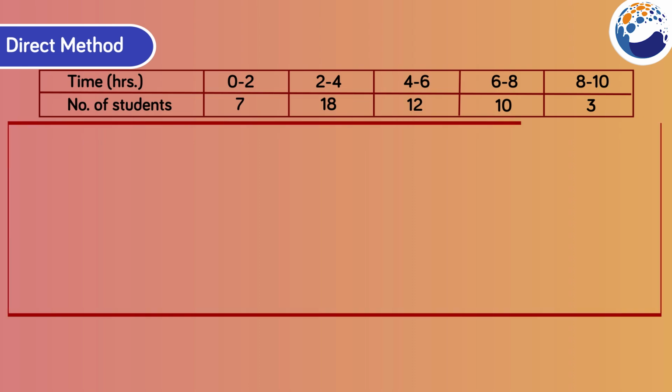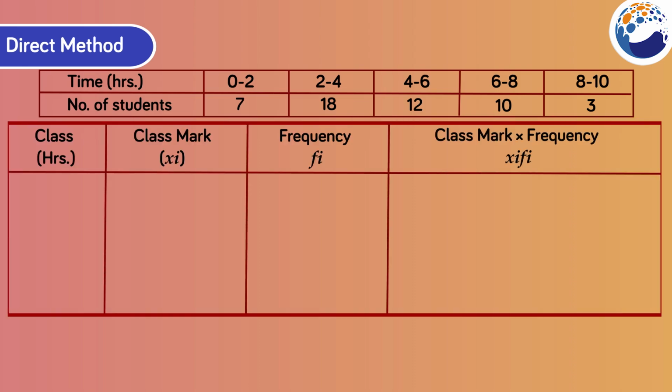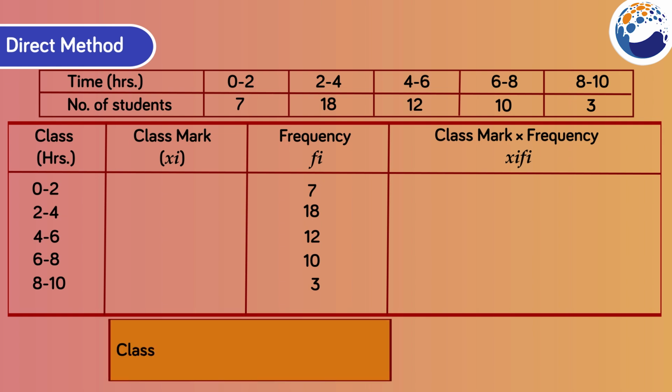Solution. There are 4 columns in this method. 1. Class. 2. Class mark Xi. 3. Frequency Fi. 4. Xi Fi. In the first column, we write the classes given in example. Then we write frequency, which is also given in example. Now for second column, class mark, formula of class mark is upper limit plus lower limit of corresponding class upon